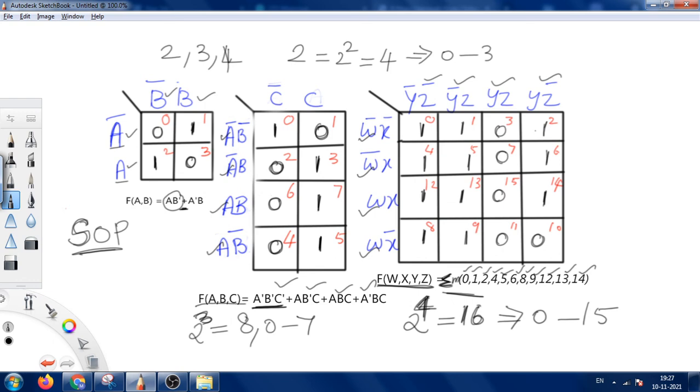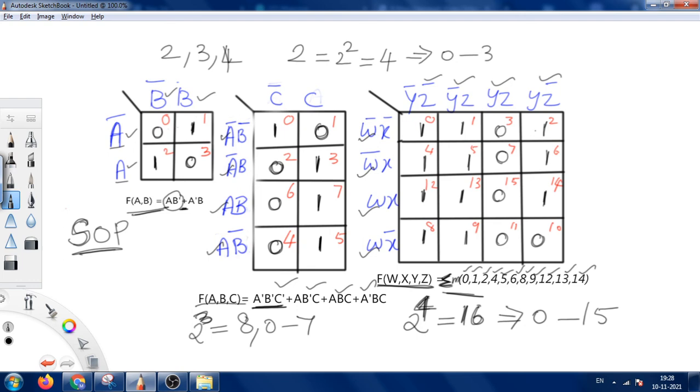So first let us recall the steps. First identify the number of variables from the question given, then accordingly draw the map and name the map in the proper format as given here. After that, number the cells for easy identification. Questions generally come in this pattern, but it may come in both patterns. Whichever it is, if it comes in this pattern, the numbering will help you; if it comes in this pattern, the naming will help you.